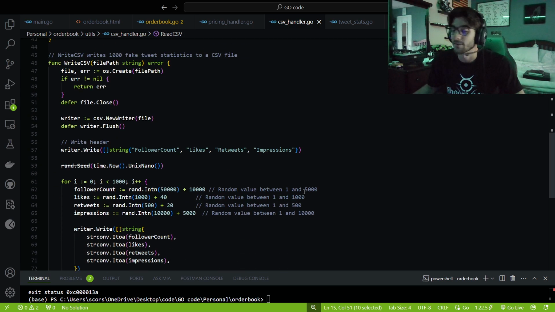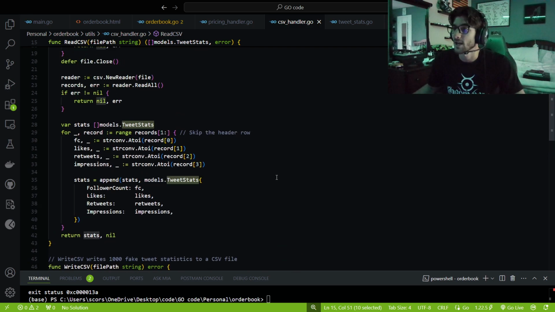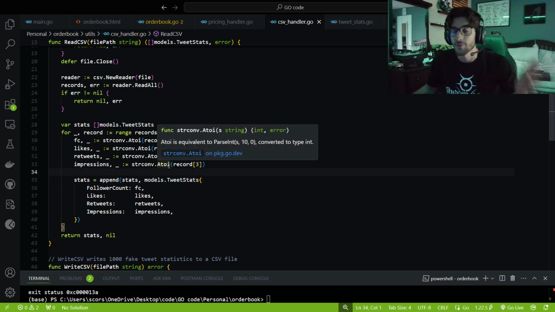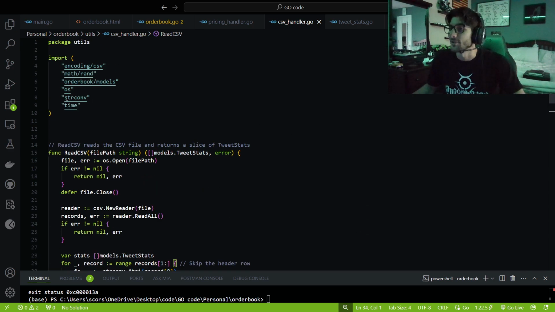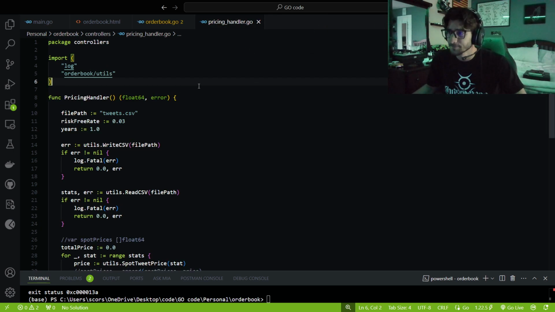Well, using our tweet stats, because that's how we actually make a tweet stat and then iterate through and get all the attributes of it later on. But I'm going to show you guys how we do that. Because now, I'm going to delete these so I know I spoke about them.